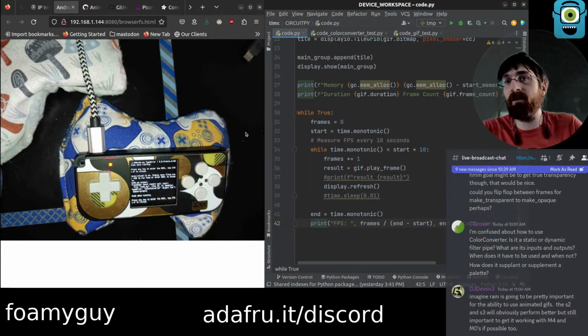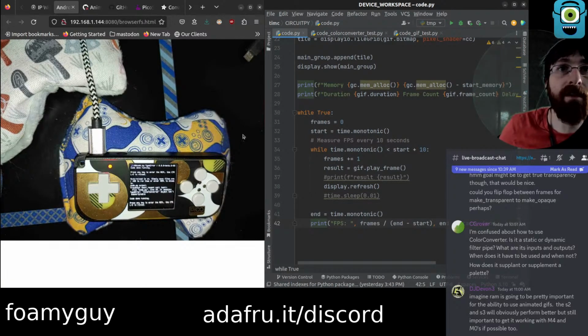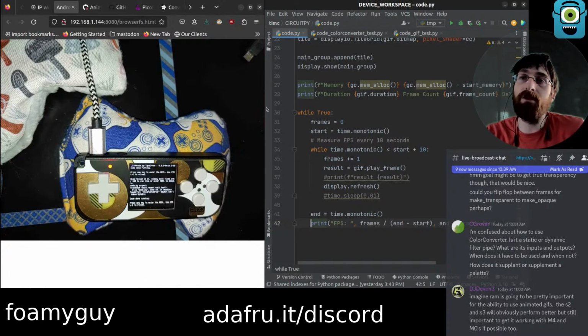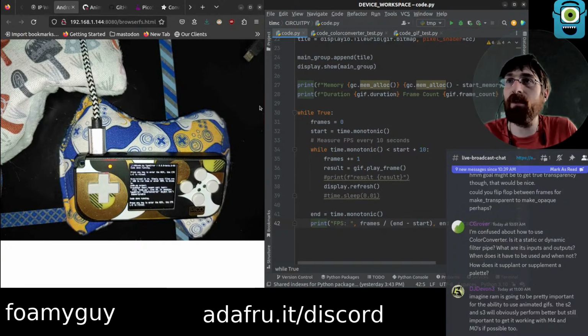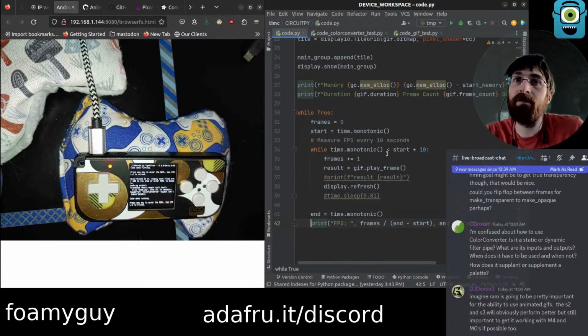Like the Circuit Playground Express with the Gizmo add-on is kind of the one exception, where this is an M0 device and a display is explicitly intended to be supported on it. Pretty much everything else is M4 and higher. And with that Gizmo, I don't think you can even display an image the full size of the screen if you use the Circuit Playground Express instead of the Bluefruit one.